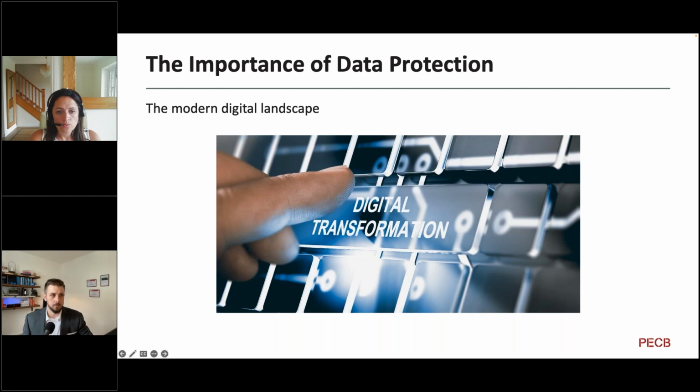Now, when we think about everything from shopping online, networking and sharing data across social channels, staying connected, enhancing our careers, even down to things like using smartphones, the Internet of Things, and controlling our heating from our homes, or even switching on our washing machines through apps, the proliferation of data and its use is ever increasing, and it's on a significant scale. So when we think about that, we need to think about the surge in data collection. Next slide, please.